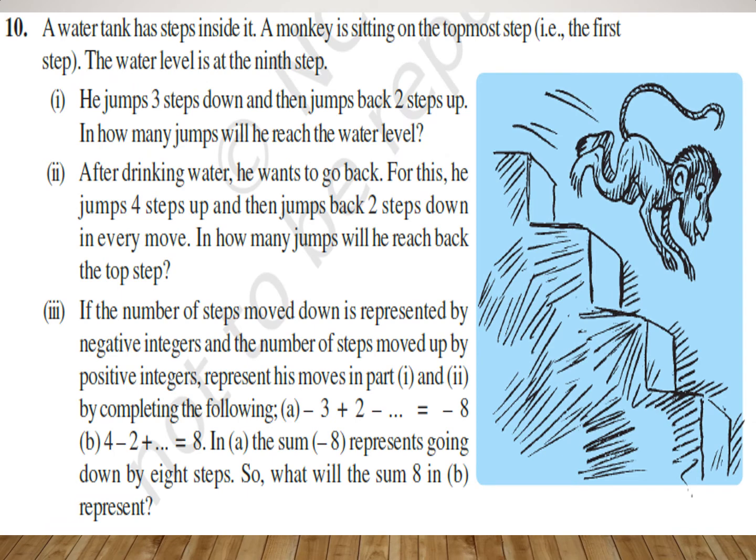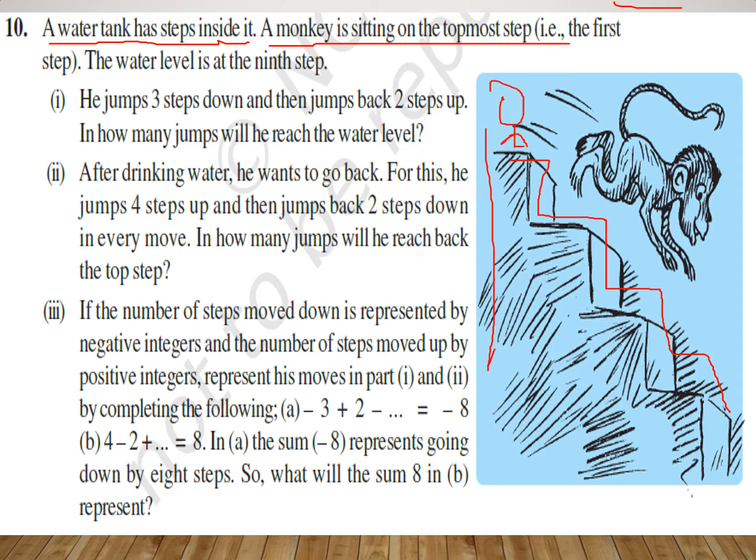Now question number 10. A water tank has steps inside it. You can see this is a water tank having these steps. Step 1, step 2, step 3, step 4 and so on. A monkey is sitting on the topmost step. So the monkey is initially at step number 1. The water level is at the 9th step. So the first step is where the monkey is, and at the 9th step somewhere here there is some water that this monkey can